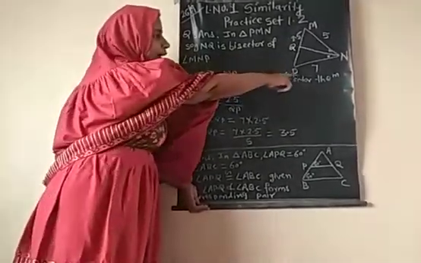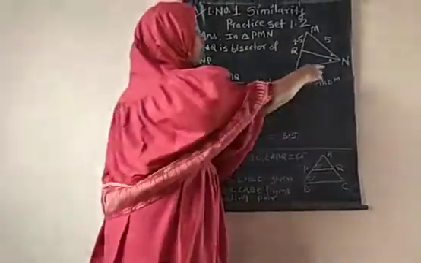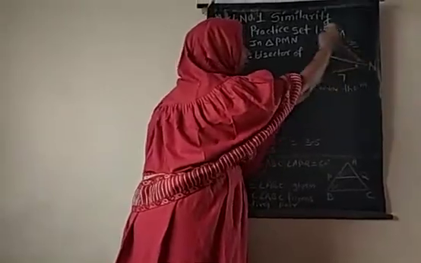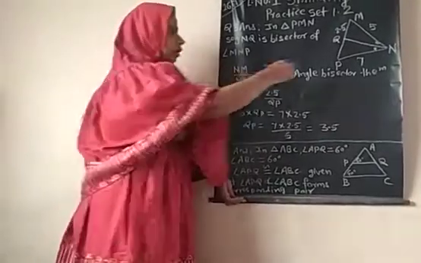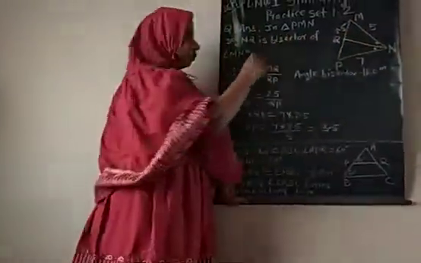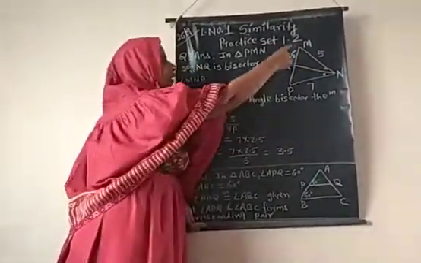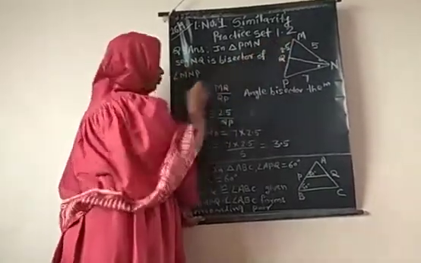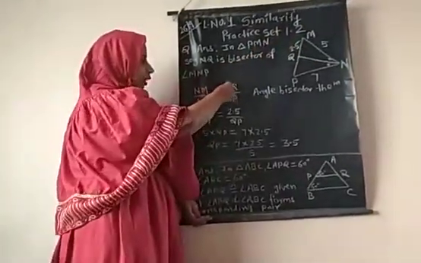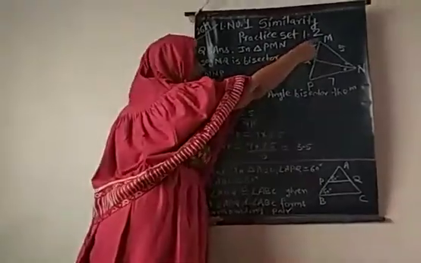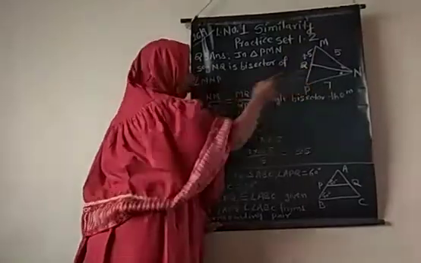Therefore, according to the angle bisector theorem, which angle is bisected? Angle N is bisected. So, from vertex N, the corresponding sides are NP and NM. So, NM upon NP. See, the first ratio we are writing is NM. Second ratio, you are also starting from the M point only, because the first ratio is NM. So when we are writing the second ratio, you are considering this side only, meaning the numerator is MQ and the denominator is QP.